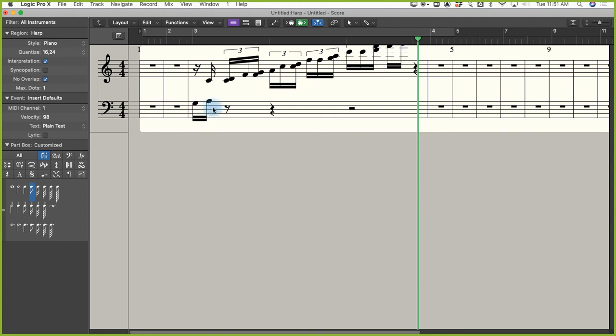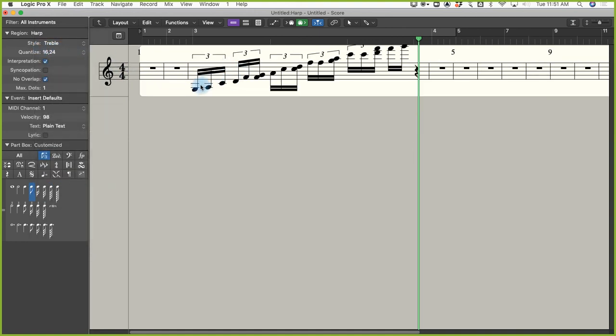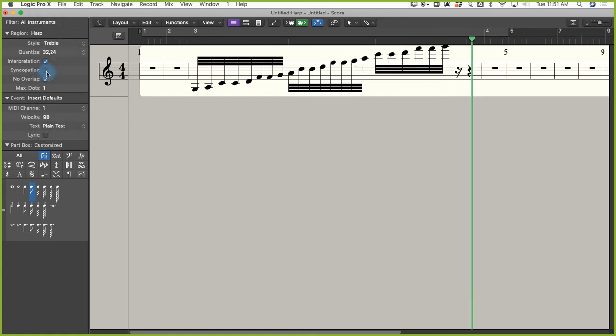Did you notice that as it was happening, things didn't quite look right? Because I was stepping in 30-second notes, right? But they don't look like 30-second notes. They look like 16th triplets, and these just look like 16ths. But if I went to treble, so it's all in one clef, now it all looks like 16th triplets. I would have to, over here in the score quantize, go to 32 or 32-24, and now they look like 30-second